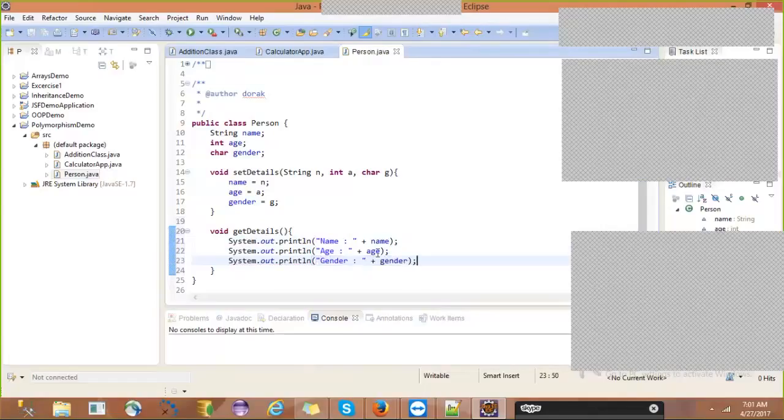Right? Like this we can write. So this is the simple person class we have written, and in the person class, instead of set person details, I have written set details. Instead of get person details, I have written get details. So a simple basic parent class, or superclass, we have created.